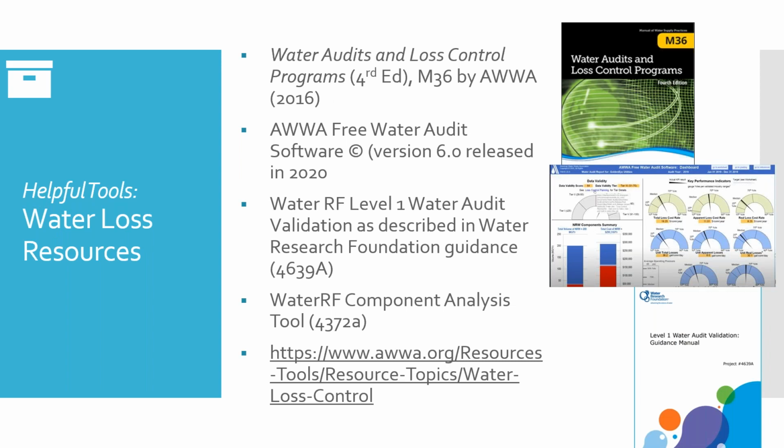And there are tools to help, like there are tools for the other sections. The AWWA Manual on Water Loss Control Programs, the M36, is a great resource. Very, very thorough document. And the AWWA also has free software to help utilities do the audit. They just released version 6 of the software recently, and it is a really major upgrade. It has, for example, new dashboards that will help you track progress, and you can see in the middle of the screen, that's one of the dashboards that they have available. So if you haven't checked it out, I recommend checking it out. I think it's a really cool tool.